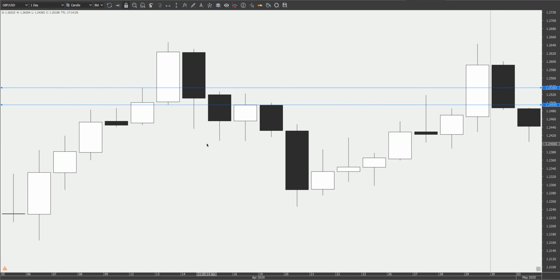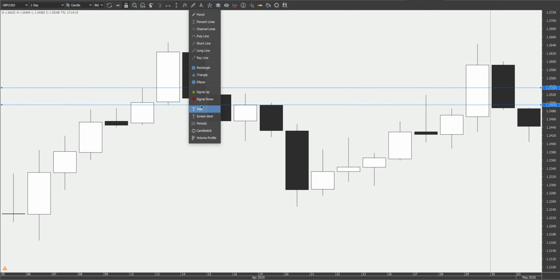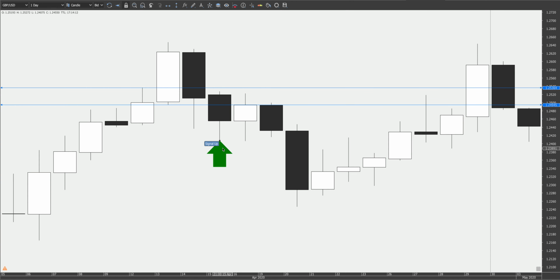So this was the minor swing we were playing. On this day, we became interested in shorting because we identified that, okay, the closure has happened. So what you can do is that when you identify a close that is happening below a minor swing, you want to go down to the smaller time frame, either a 4-hour or a 1-hour chart,